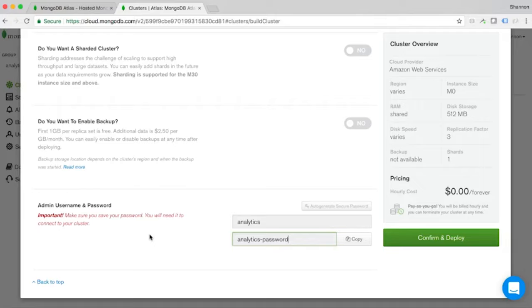All nodes in the cluster maintain copies of your data, so it really doesn't matter which one your application uses. All this is handled for you automatically. You probably won't even notice if a failover happens. Okay, with that little bit of context about what a cluster is, click Confirm and Deploy to initiate the creation